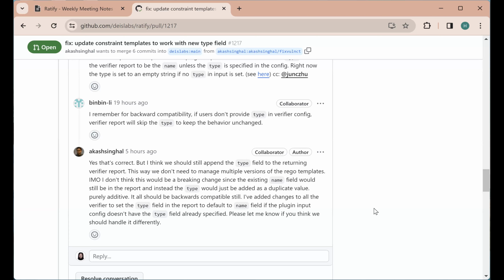A future to-do would be to improve the output experience. Right now, the JSON just outputs that large verifier report with the top level is success matching the overall result. But maybe we can consider making it easier to determine, okay, this was the final result that corresponds to this list of verifier reports. So it's a little bit more clear that way. But these are all CLI user experience upgrades that we will probably need to invest in